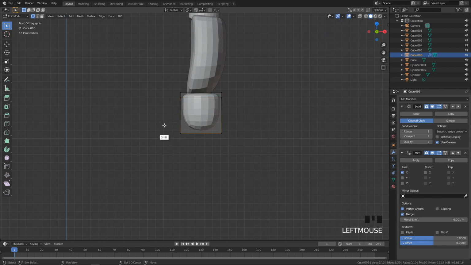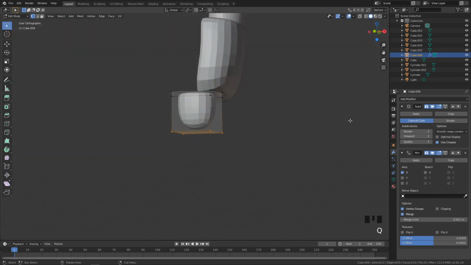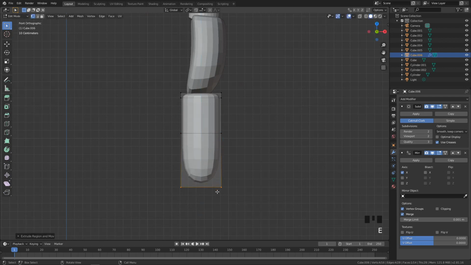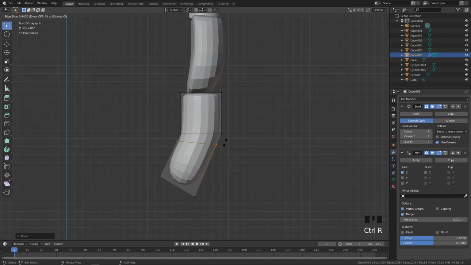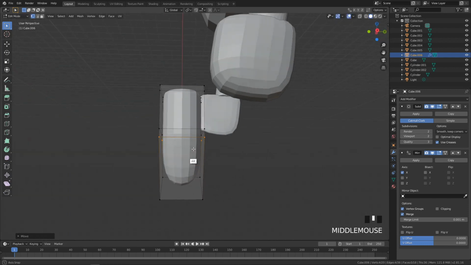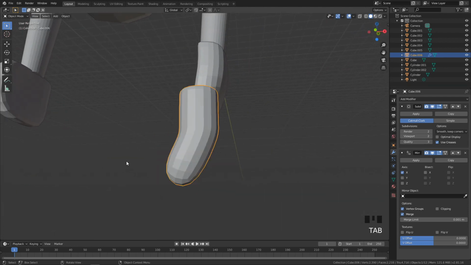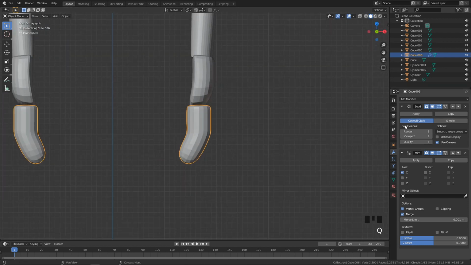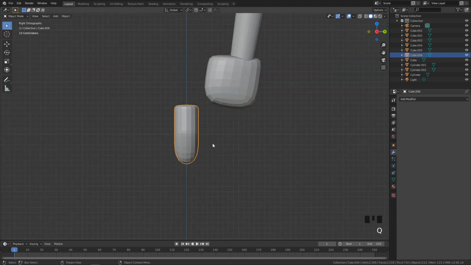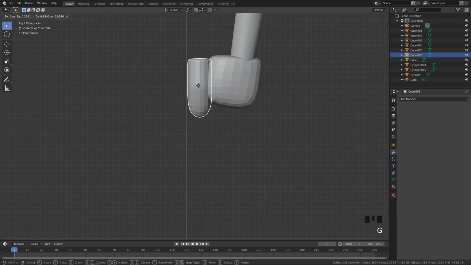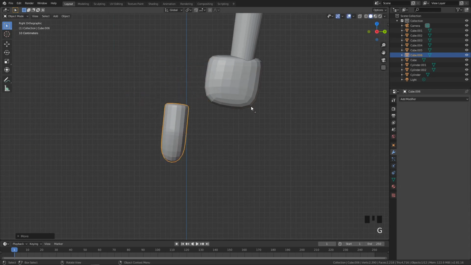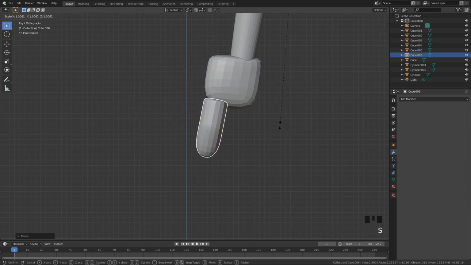So I will select the bottom vertices, those two. I will click E to extrude, and I will move it more to the right, so I will rotate it here, so it will be quite bendy. And let's add a loop cut here, and let's move it to the right, so it will be something like this. So that's our basic shape for our finger. So let's move back to the object mode. Let's apply it to everything, and we can move it closer here. Let's rotate it even like this. Let's scale it a bit down,